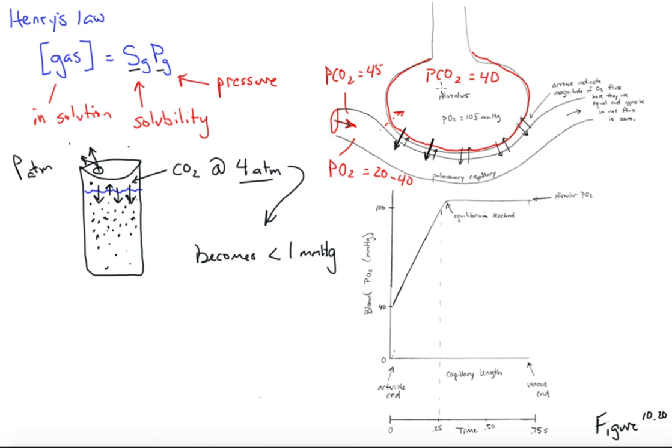Well, ventilation all day long keeps this PCO2 at 40, and this inflowing blood is always going to have a higher PCO2, so we'll always have carbon dioxide moving into the alveolar air. Okay, now,